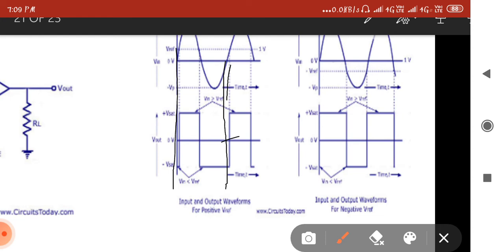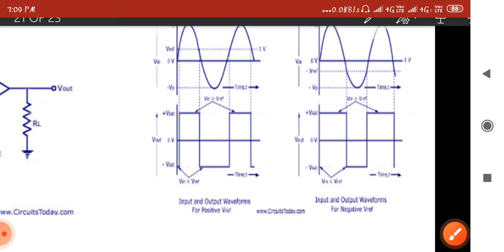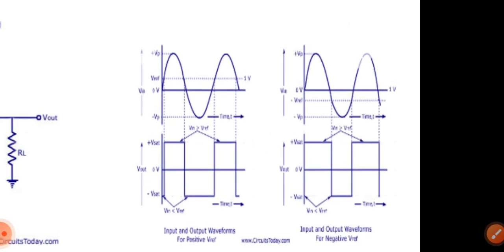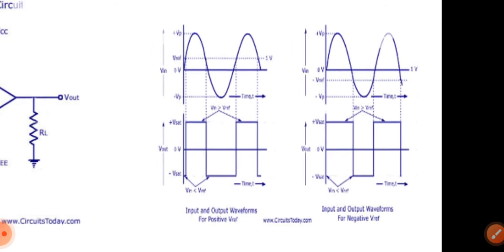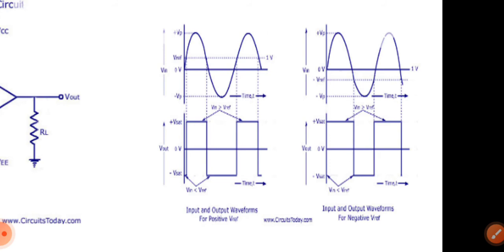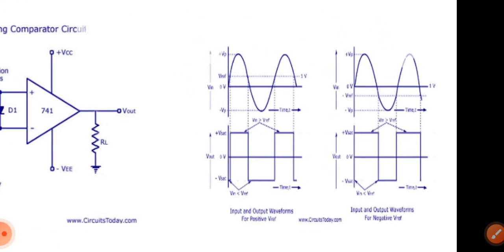This is the difference when Vin is less than V reference. If V reference is great, Vin is less than V reference. If Vin is greater than V reference, how can we get that one? We have to see that one. It is in the V peak and V reference in the negative half cycle. It is in the negative half cycle, saturated here, and this waveform is not getting here. Yes, it is the negative input and the output waveform for the negative V reference. We have to see that one.